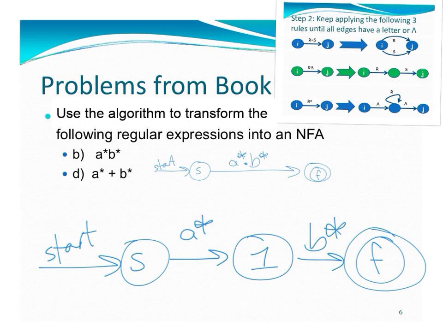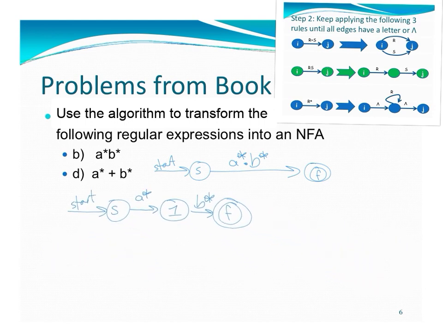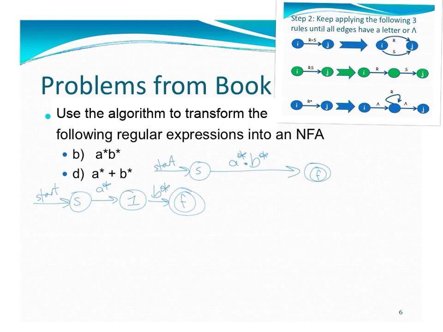And now we can choose to reduce either of these transitions, either this one or this one first. We know we have to do both of them because neither of them just have a symbol on them. This one has B star, this one has A star. So just for fun, why don't we deal with this transition first? It's of the form a regular expression starred, so we need to use this bottom approach. So let's just shrink that down and let's get started. So we're going to work on that B star, so we'll copy everything except for that